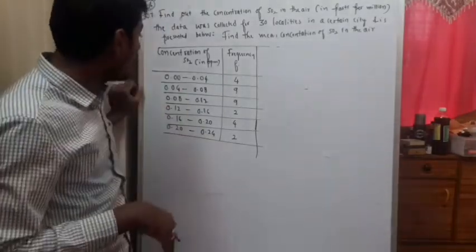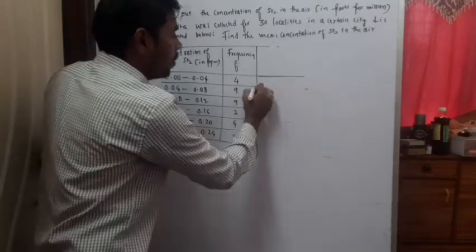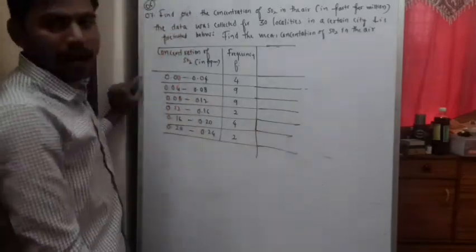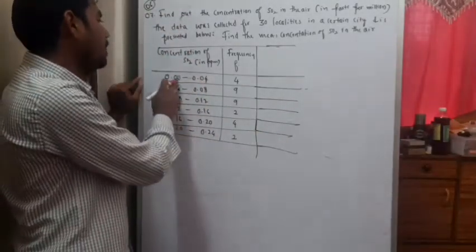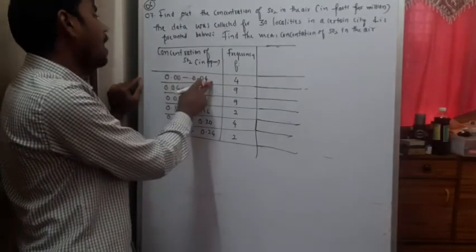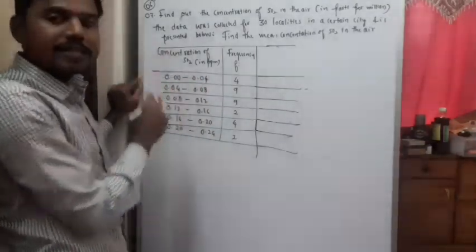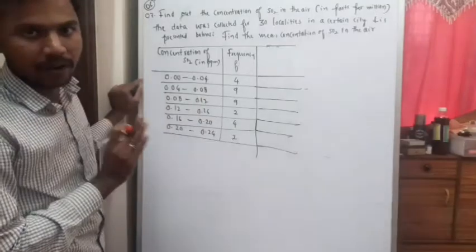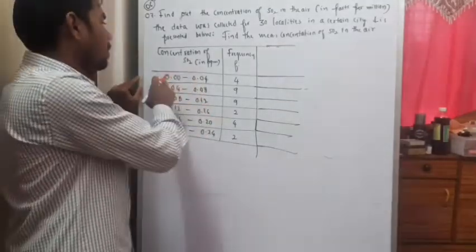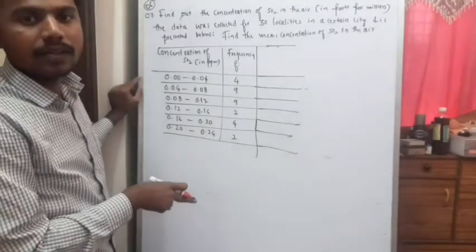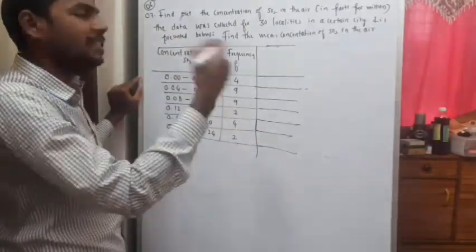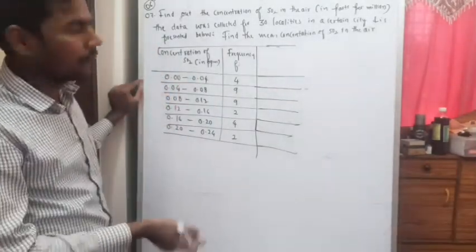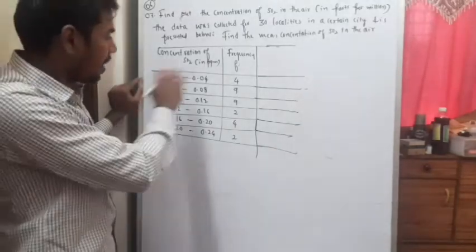Okay. Now see which method you are going to use. That is important. And before we go for any method, first we need to check the class interval. Look at the class interval, how they are 0.00 to 0.04, and it again starts with 0.04. What does it indicate? So the class interval is continuous, so you need not alter the class interval. Whereas in case of the previous problem, the class interval was not continuous. What we did? We changed it to a regular continuous class interval. Then we solved the problem. Now here they have already given the continuous class interval.